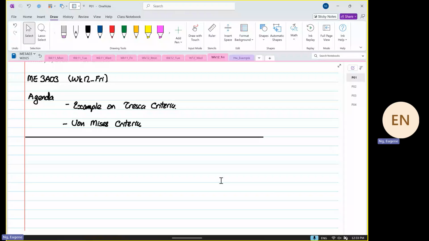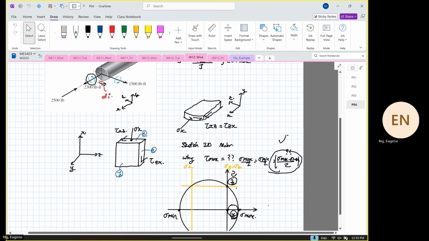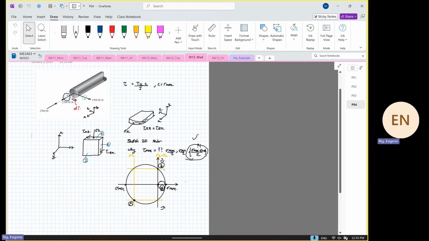on Tresca criteria. And we will start a different criteria, which is what we call the von Mises criteria. So we have to learn both of these criteria, okay? So to just quickly recap what we had on Wednesday,